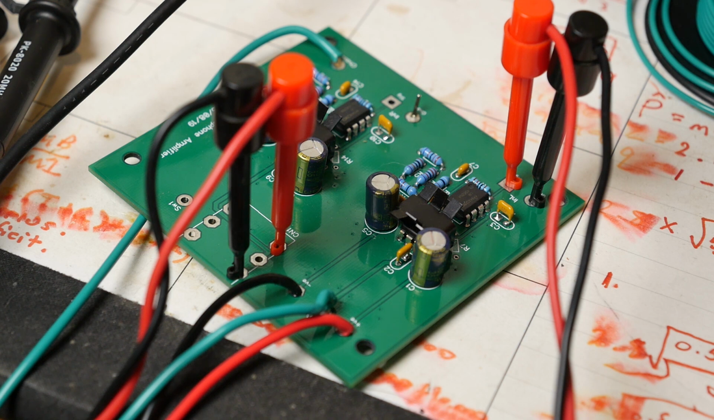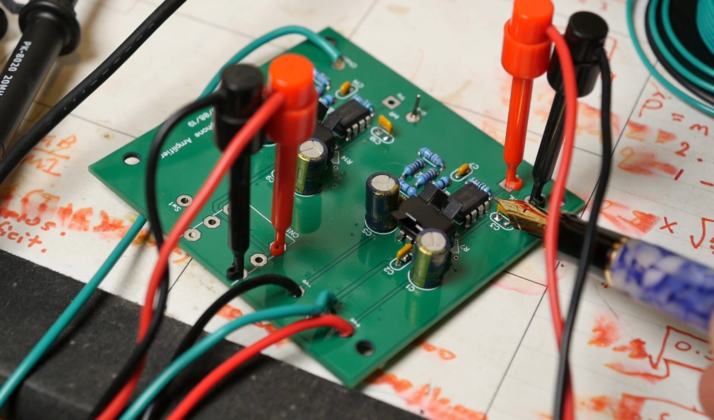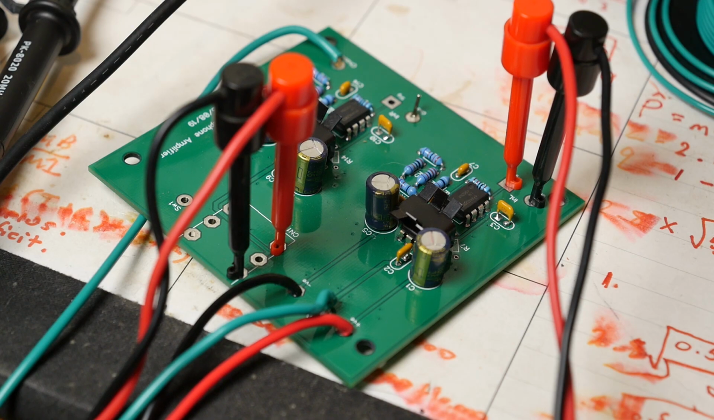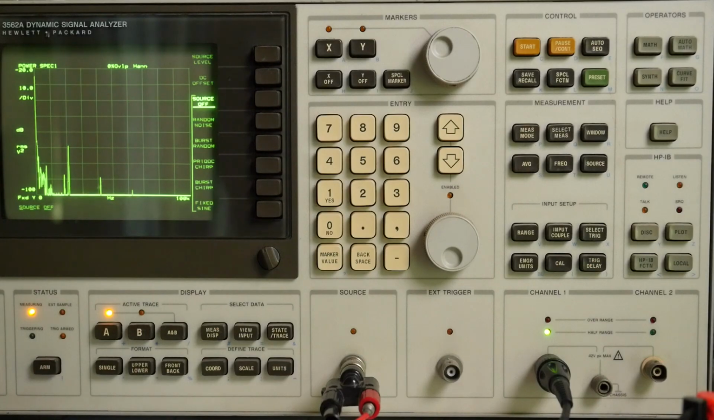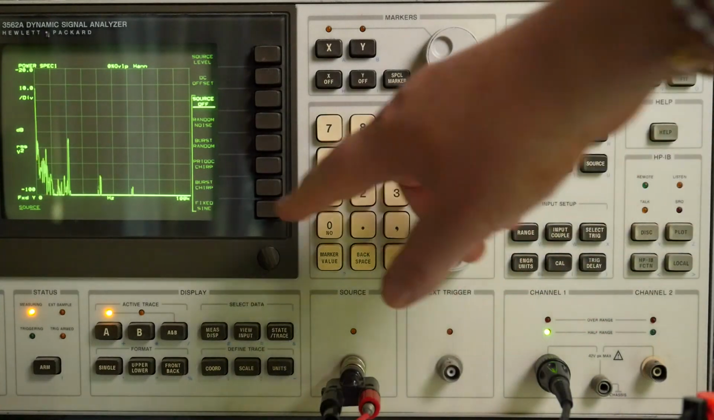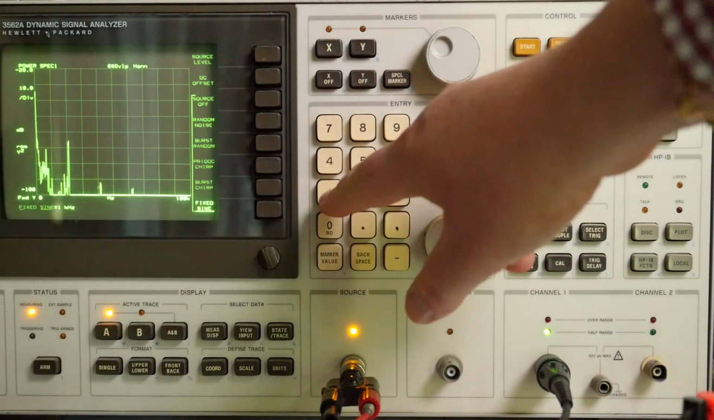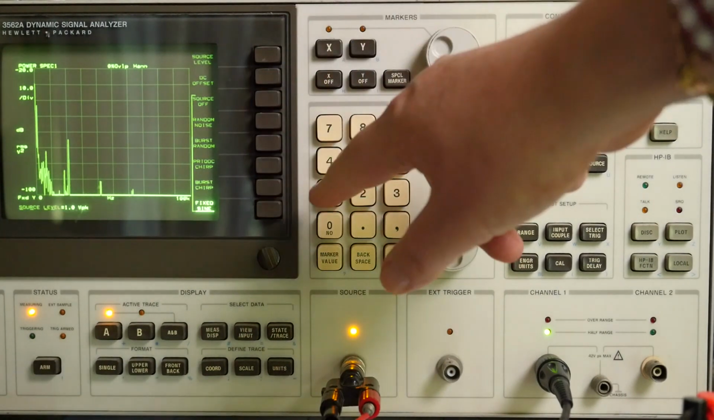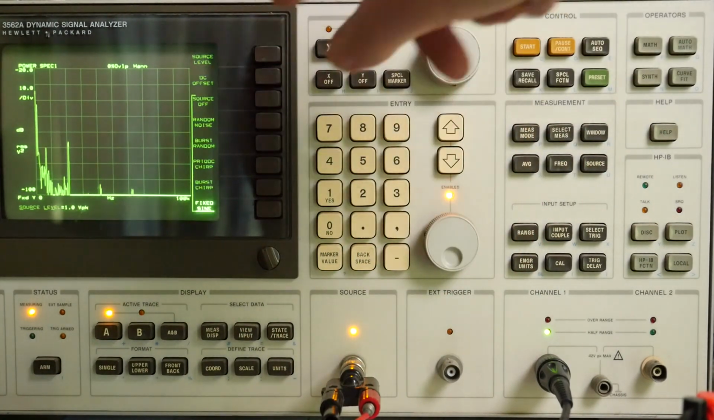Now that's not really the main point of today's measurement though. The main point of today's measurement is pin 7 here, which is the error amplifier output of the op amp. And we're going to have a look at that in the time domain on the scope, and then we're going to have a look on the DSA, look at the harmonic content and see what we can learn from that. So we'll just set up the source,